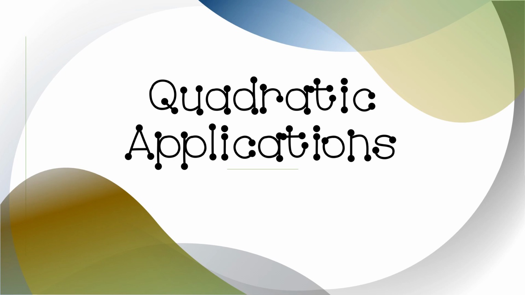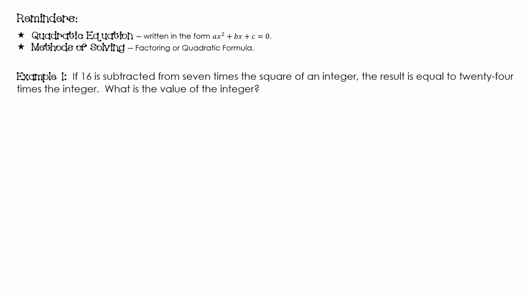This video is going to walk us through how to solve quadratic applications problems. So a couple of reminders. A quadratic equation is when we have x squared, and when it's written in standard form, it's written ax squared plus bx plus c is equal to 0. What's going to be really important about this today is the equaling 0 piece. We need to make sure that prior to solving, using either factoring or the quadratic formula, that the equation